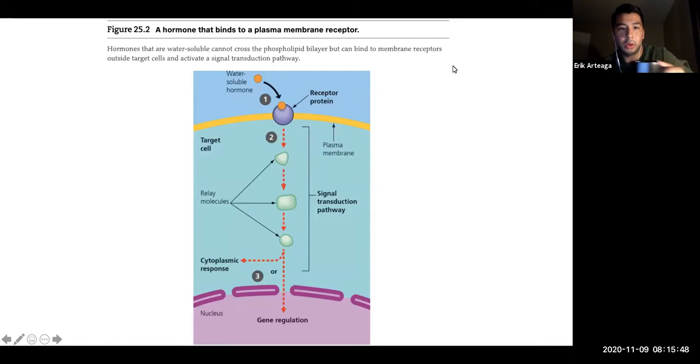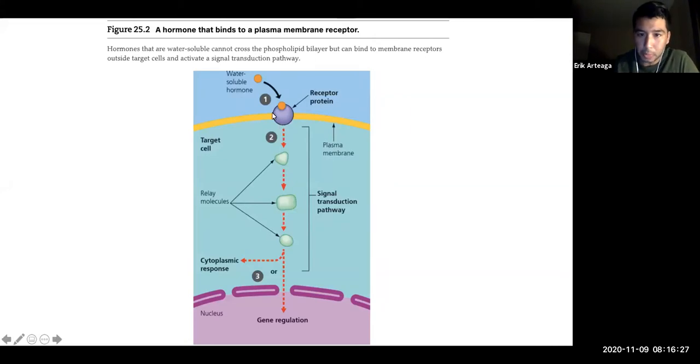All right. So water soluble hormones require a receptor protein. One of the main mechanisms is they need to bind to a receptor protein rather than being able to pass through the plasma membrane. If you remember, the plasma membrane is a phospholipid bilayer. You could have the passing through of some lipids, but if it's a water soluble hormone, it is charged. The lipid membrane does not allow charged molecules to pass through. So a water soluble hormone requires a receptor protein. That's the most important thing here with referring to a water soluble hormone.